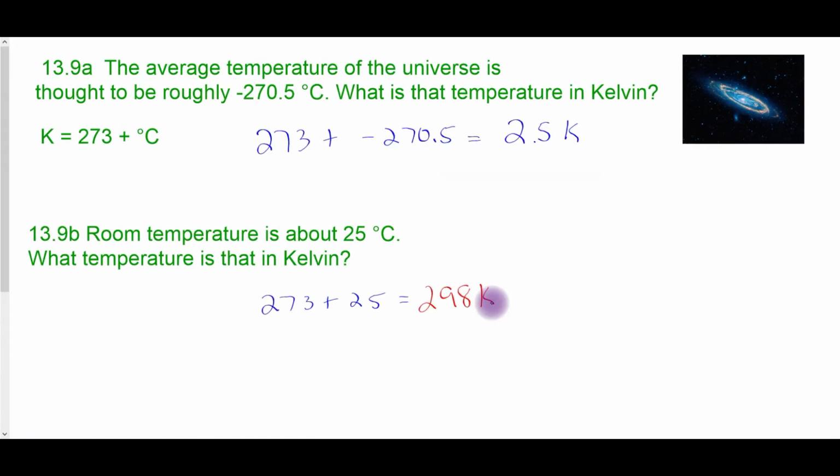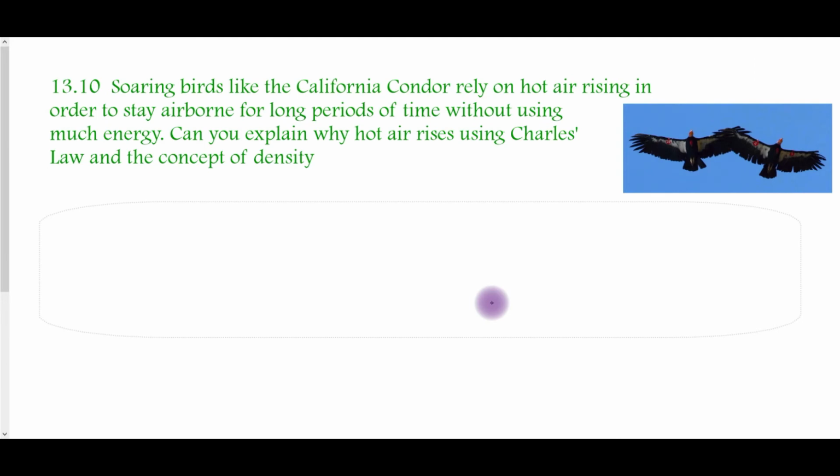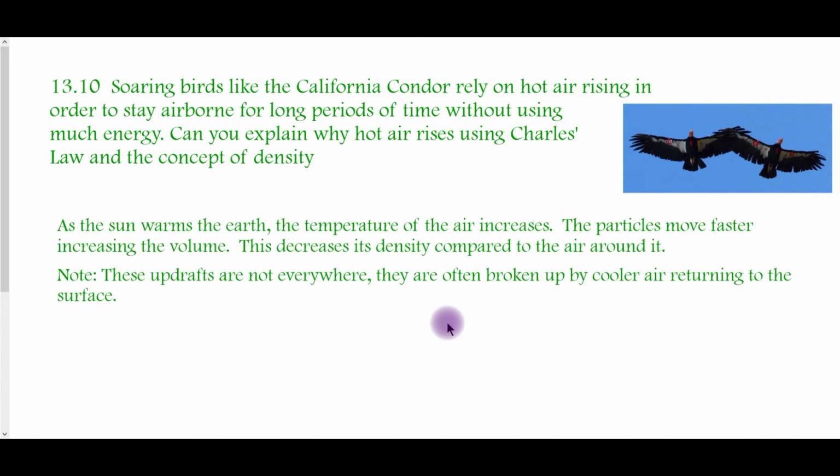Check your answers against these. Many birds soar around using the hot air rising, and they don't need to use a lot of energy. Can you explain why hot air rises using Charles' law and the concept of density? As the temperature of the air increases, the particles are moving faster. This is going to increase the volume, and if we increase the volume, the density will decrease, allowing the air